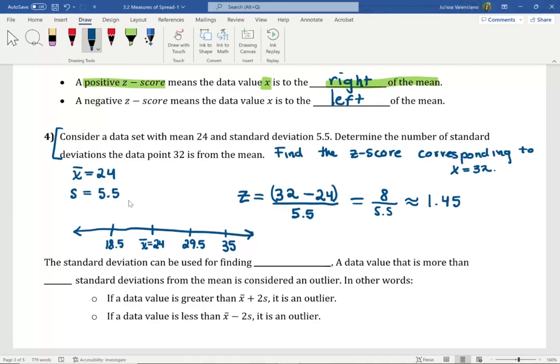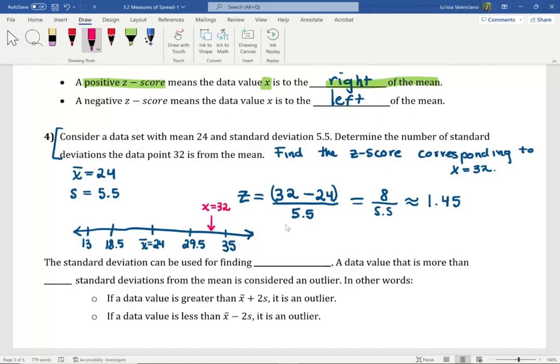18.5 marks the first standard deviation on the left. You can go ahead and label another standard deviation to the left of the mean. For that, you need to take 18.5 minus 5.5. You should be getting 13. And I can label another one. If I want to label another standard deviation on the left, I take 13 minus 5.5 and so on,